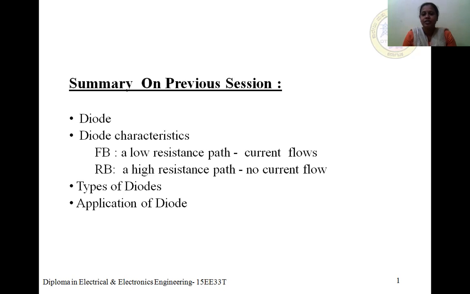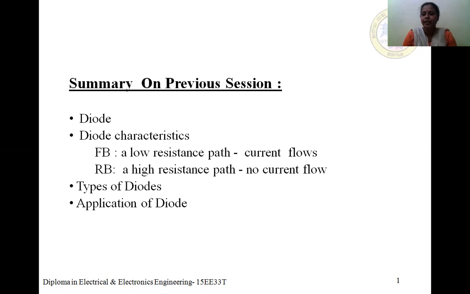Next, coming to the types of diode. We have different types of diode. In that, the first one is the Zener diode. The second is the Schottky diode. The third one is the step recovery diode. And next are the varistor diode, thermistor diode, and tunnel diode. These are some types of diode. Still, there are many types of diode. One more I can include is the light emitting diode. So these are certain types of diodes.